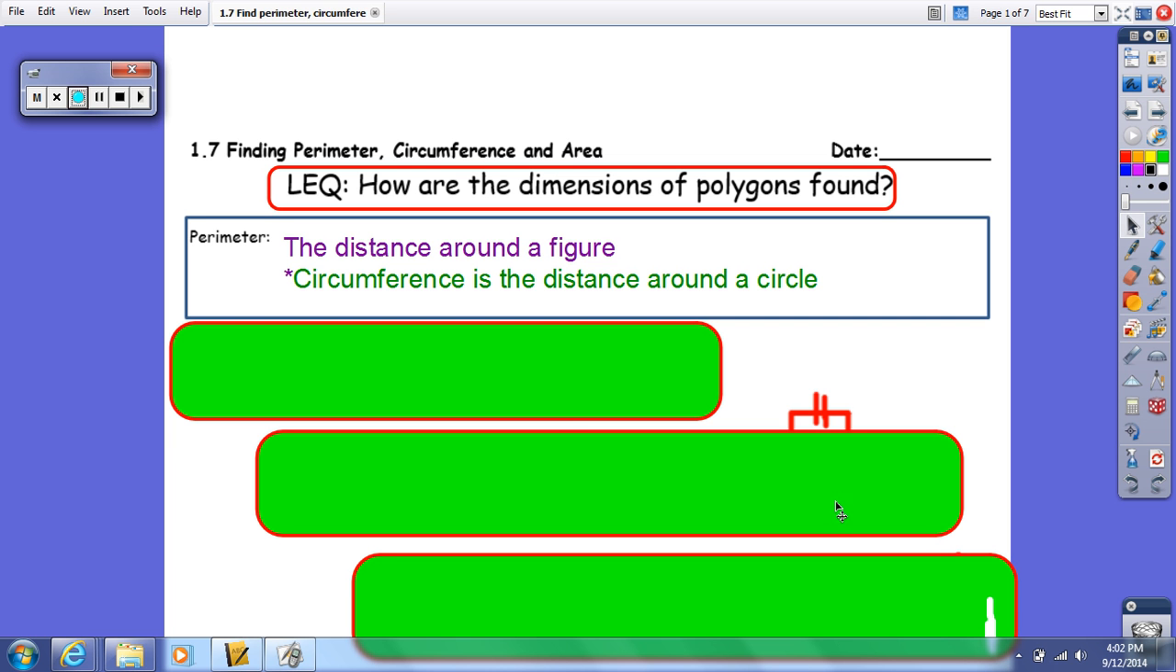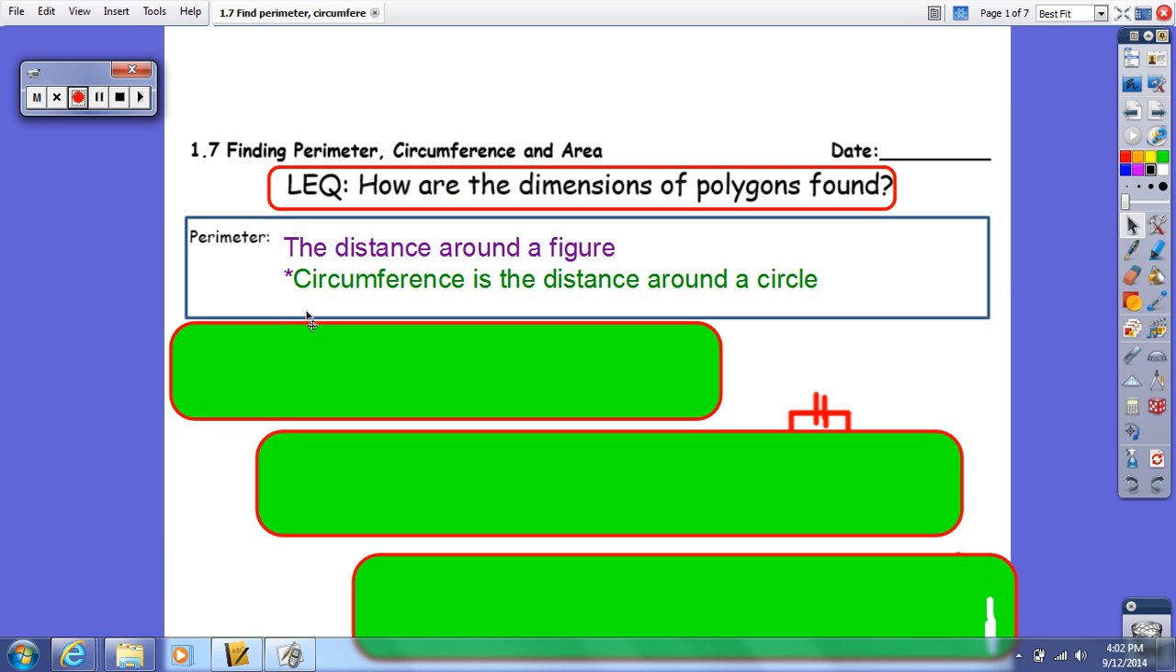So on your note sheet, go ahead and fill in what the perimeter is. The perimeter is the distance around a figure. And underneath that, you can go ahead and put circumference as the distance around a circle. And you can pause the video now if you need to. Otherwise,